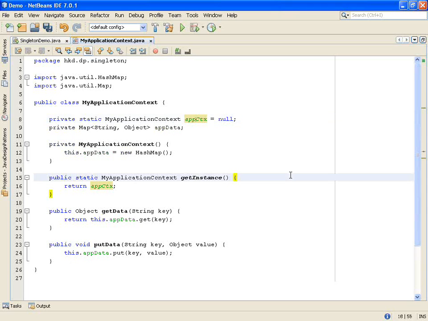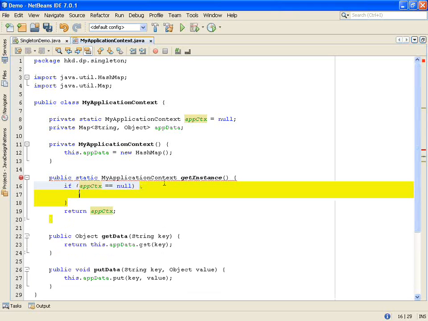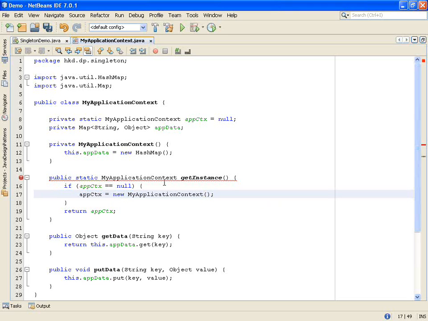Instead, I am not creating the object over here when the class loads.